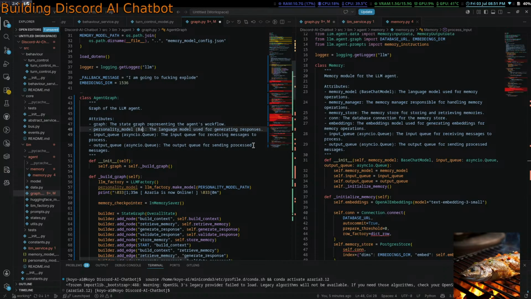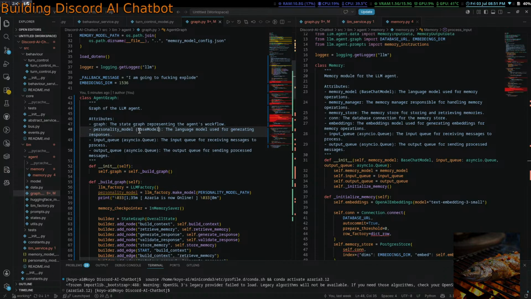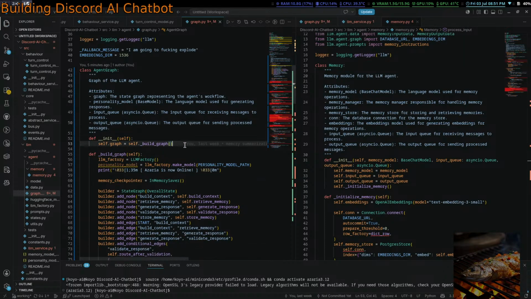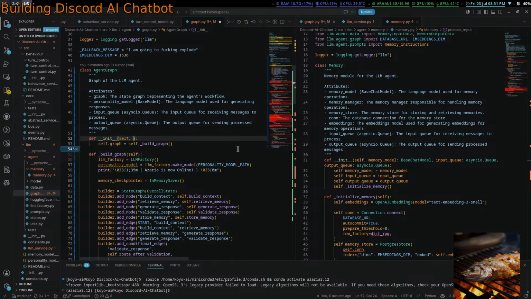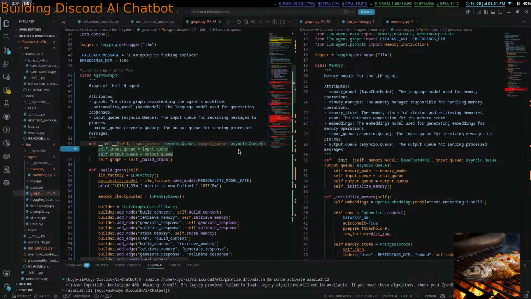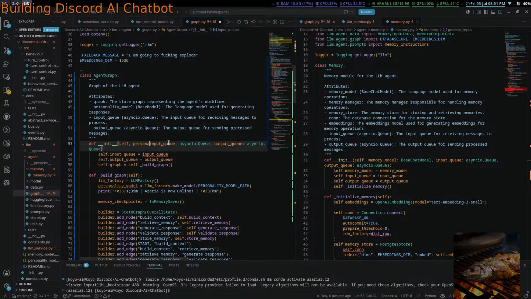Personality model, base model. Graph. What is even the type of graph? I have no clue actually. Init self, input queue, output queue, and self input queue, output queue, and then self.model.